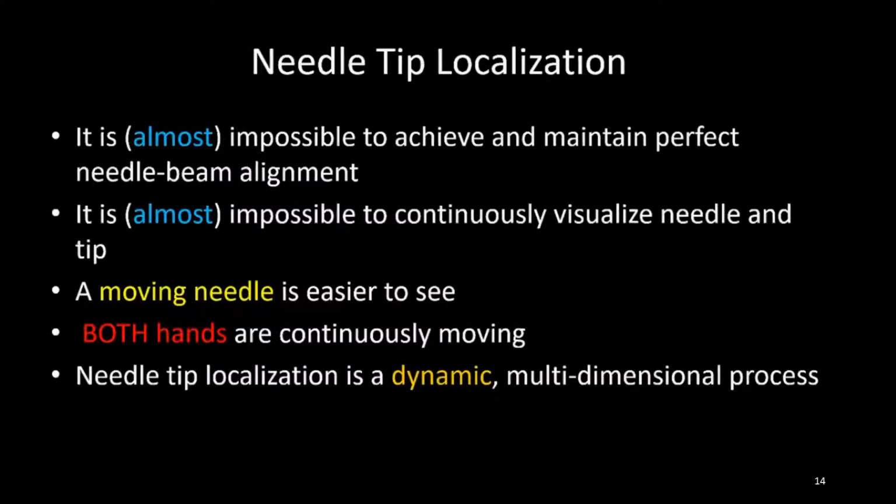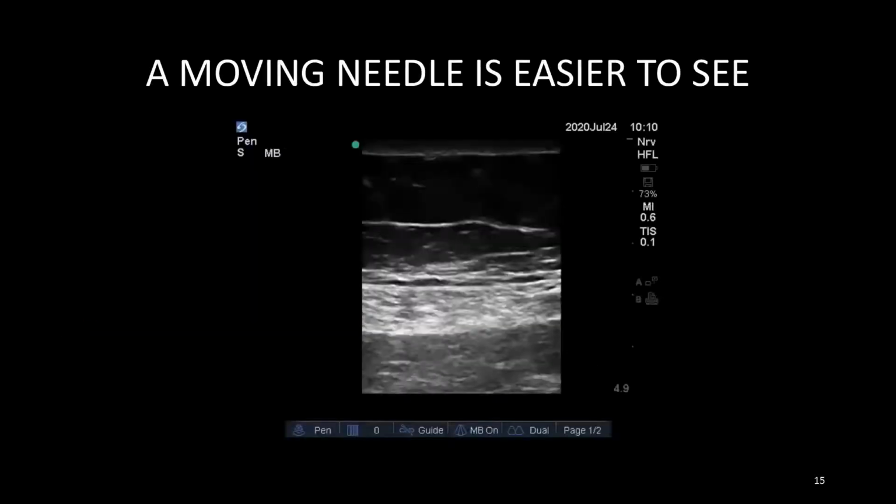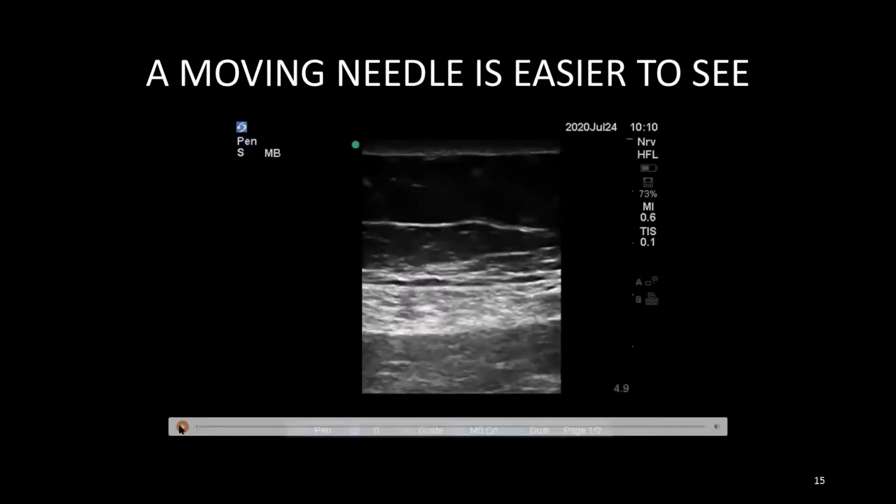So a moving needle is always easier for us to see and guide ourselves, as both of our hands are continuously moving. So needle tip localization becomes a dynamic, challenging, and multi-dimensional process. So in this video, you can see